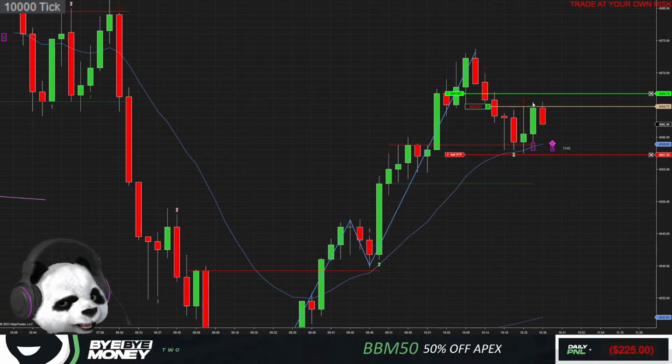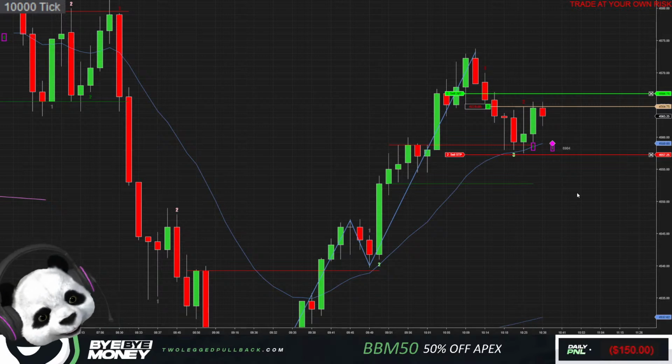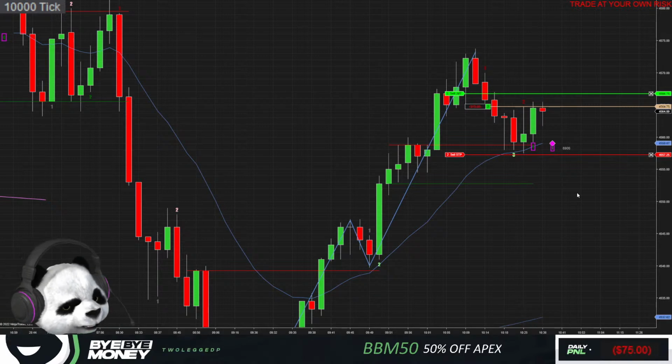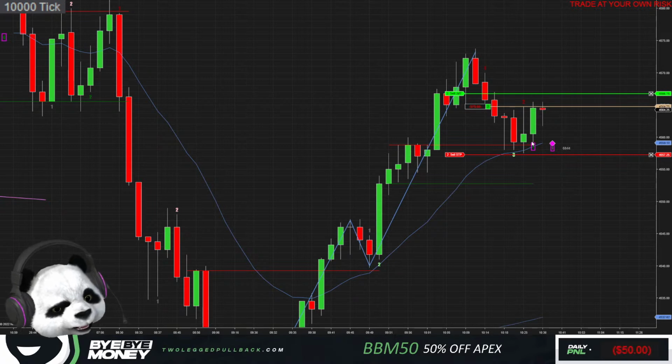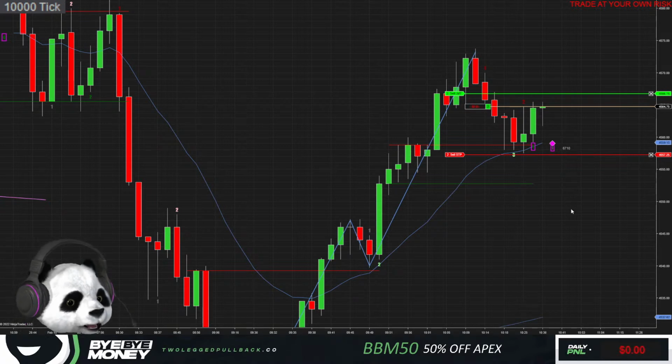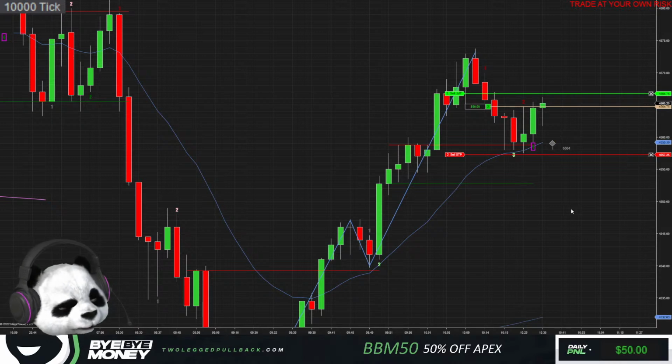It's not the cleanest second entry long, but it was a trap trade, so that's why I wanted to take it specifically, because of the Pikachu on the 10K. And the Pikachus on 10K, man, they're just a reliable setup, especially off of key entry, and that's why I want to take it. But you know, it is what it is. We'll let it play out here. Almost touches my target,